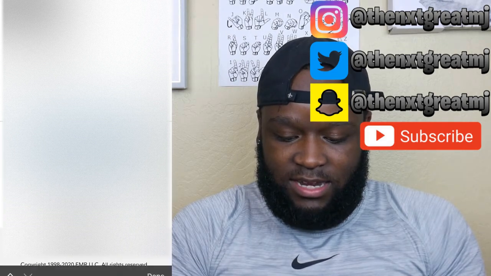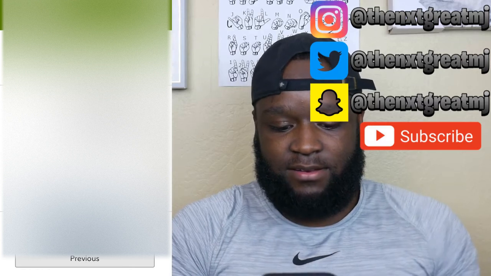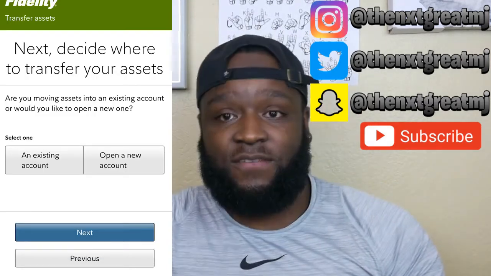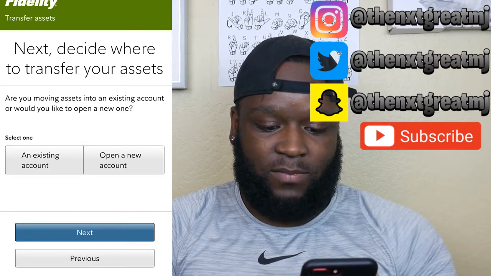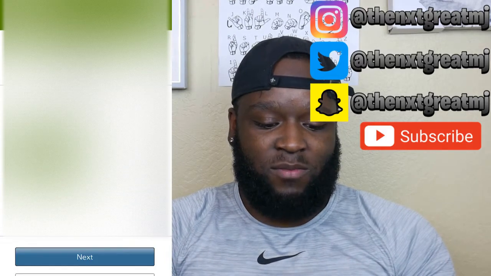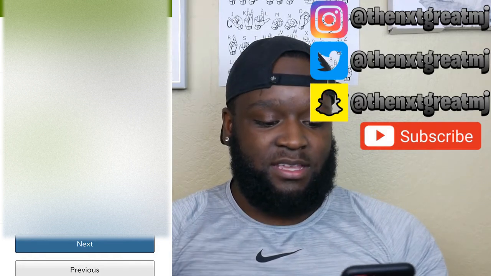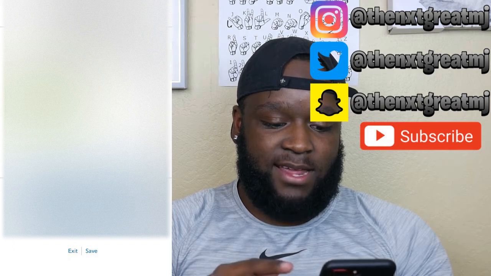And then once I do that, I select individual, and I press next. And because I already have a Fidelity account, I don't have to say open a new account. I can just say an existing account. And so I'll be moving my stuff to an existing account. It says my compatible account is the individual one, and so then we'll go ahead and press next,